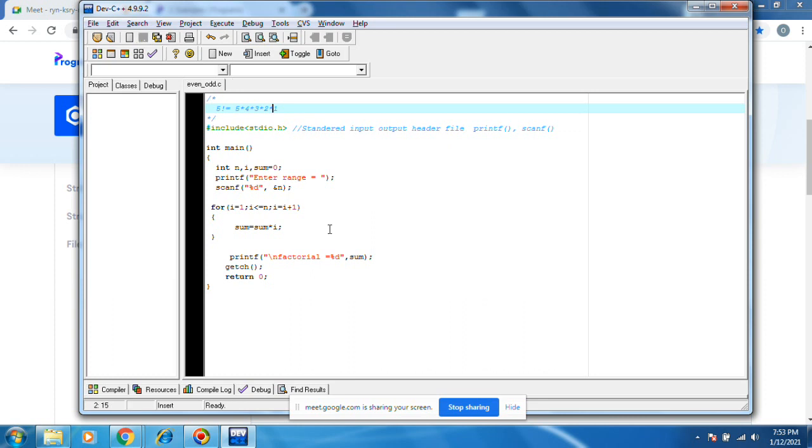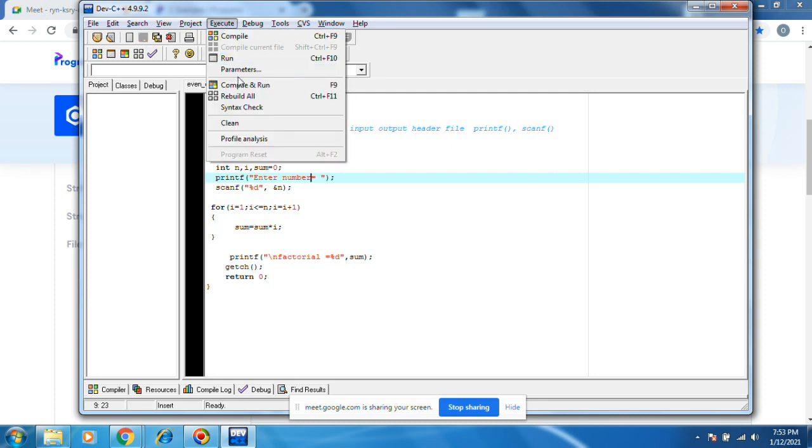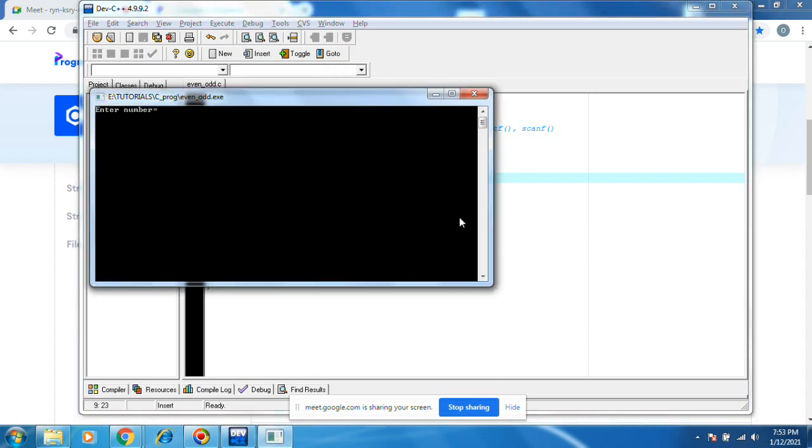Then save. Instead of plus, you need to do multiplication here so that everything will come in. But this value should be 1. If it is 0, the entire factorial value becomes 0. Okay, the iteration should start with 1 until the given number. Instead of the previous phrase, enter number. Calculate factorial. Then execute, compile and run. Then 5.